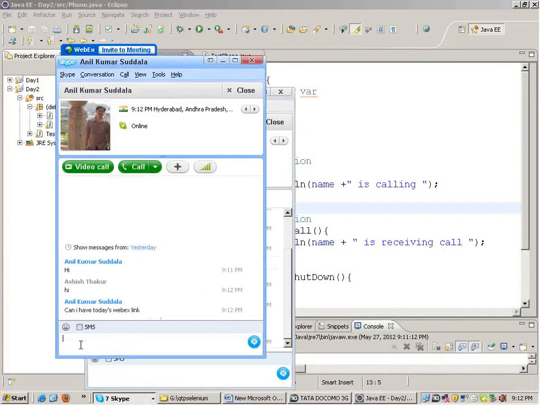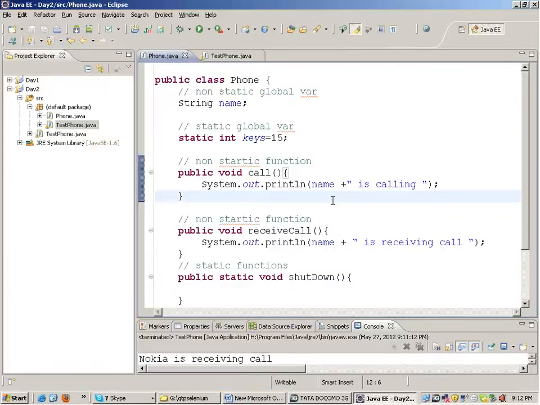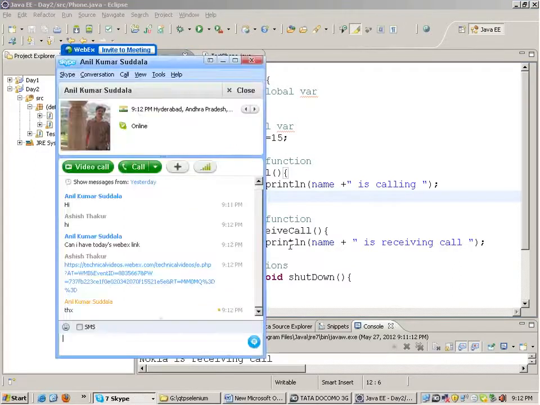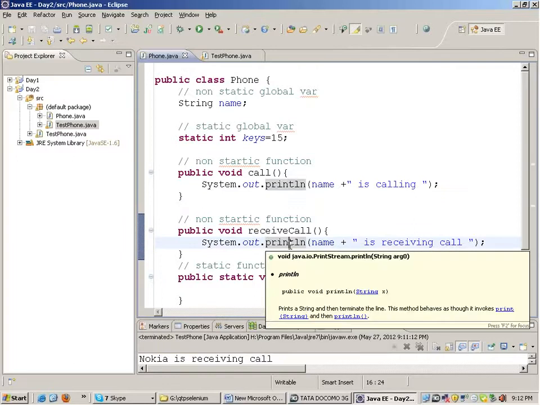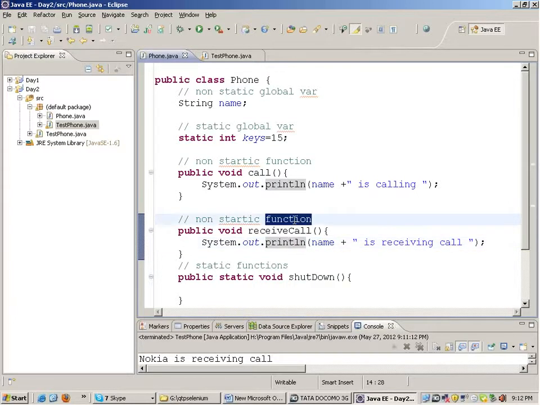Actually, I have seen many people asking me, Ashish, I don't know how to install Selenium. Okay, there is nothing known as installing Selenium. This is a wrong terminology. Selenium is not installed, it is configured in your machine. To configure Selenium, you should know about the concept of API in Java.